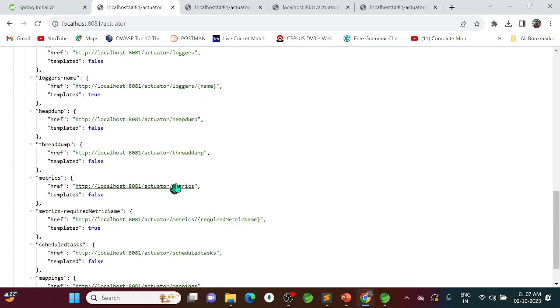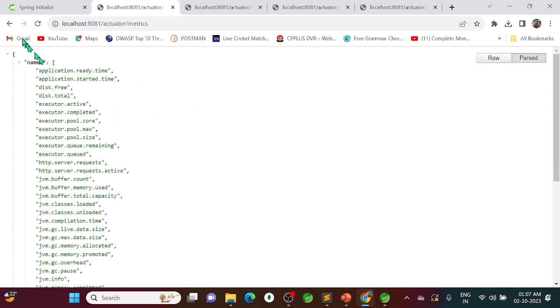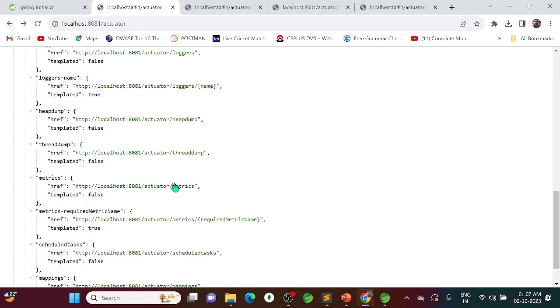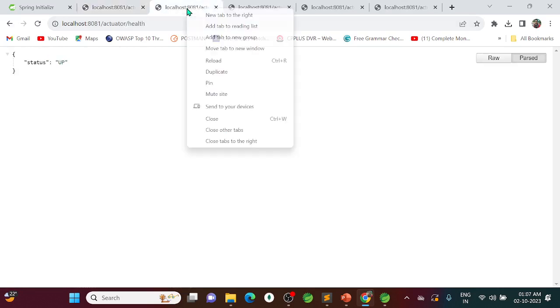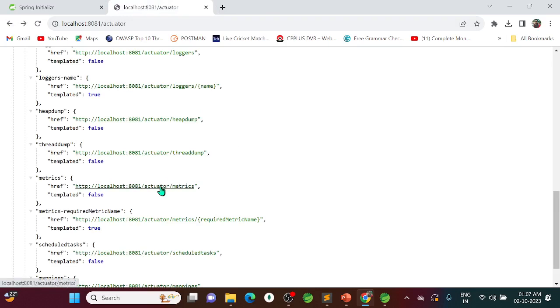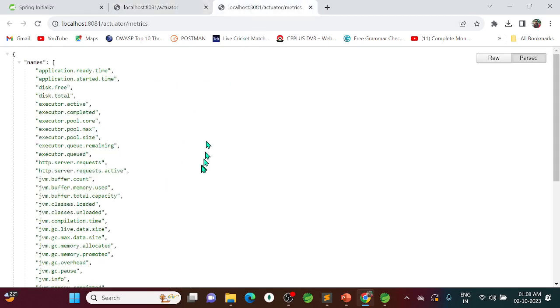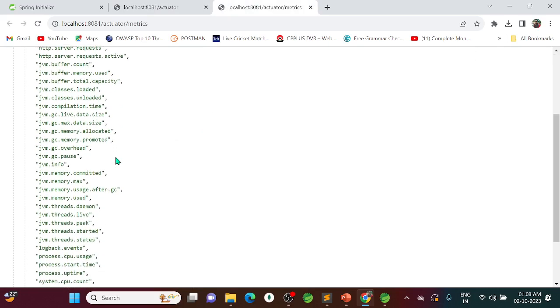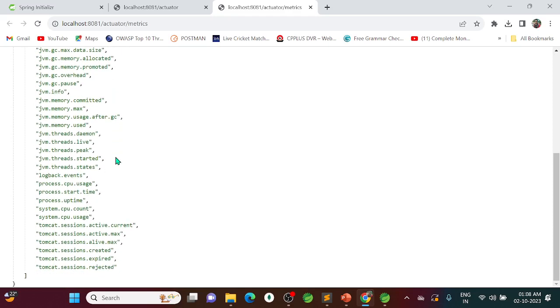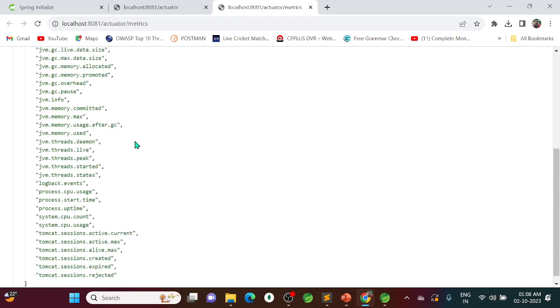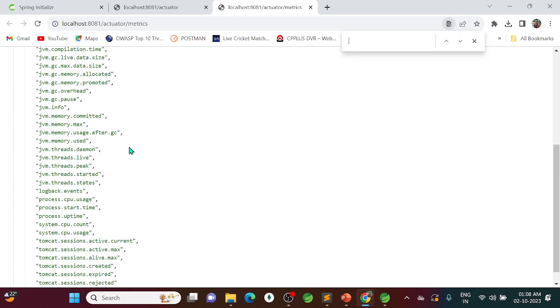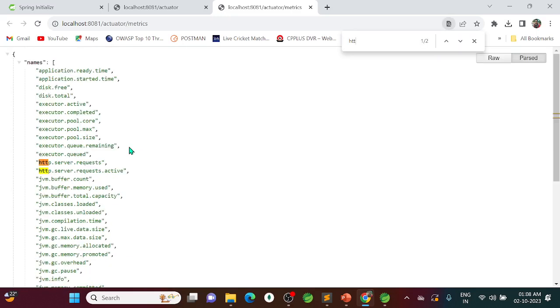Okay, this metrics you see, let me open in a new tab and close others. This metrics if you open, all the things you can see, how much time it is taking, what is the disk space, what is the total space count. You see there is a property called http server request. If you wanted to see,